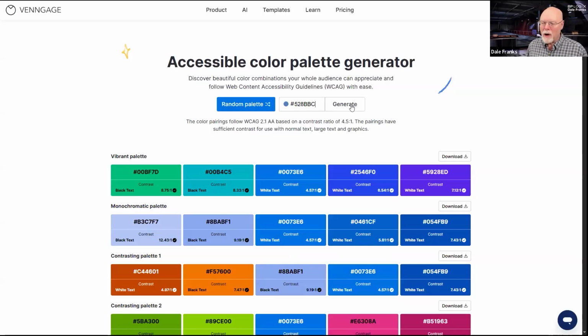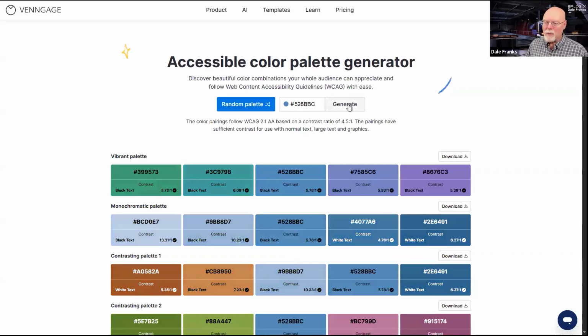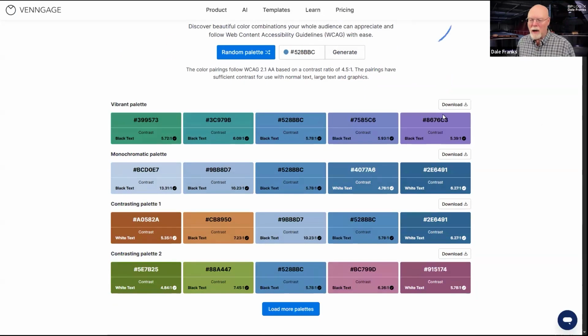And when I put a color in here, I can generate a color palette that is complementary to this color. So this is going to be my primary color, let's say. And then when I generate, it will generate a color palette that is contrasting and will give me the contrast ratios for each one.